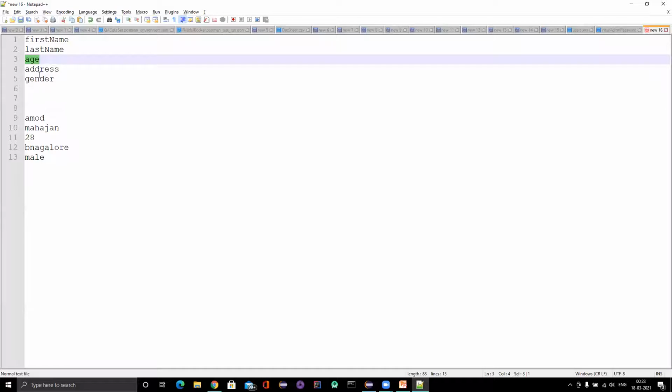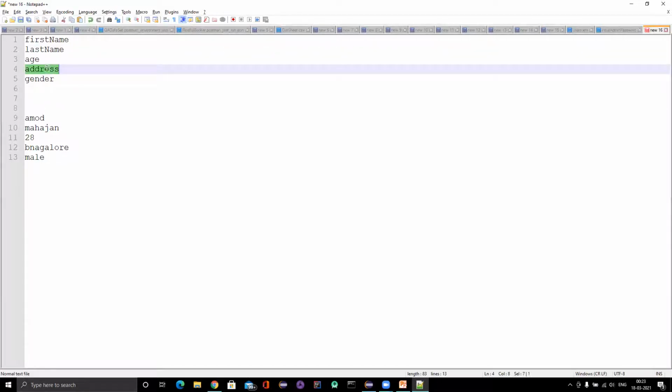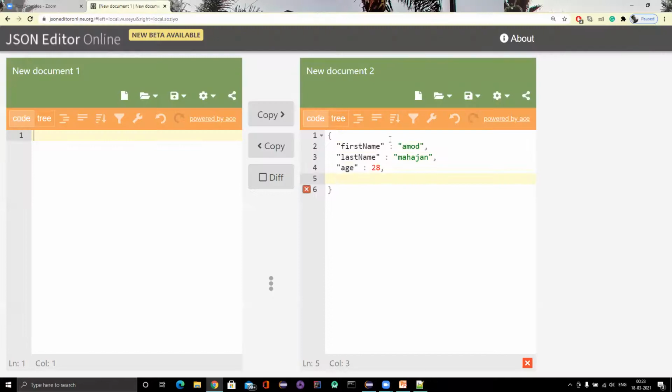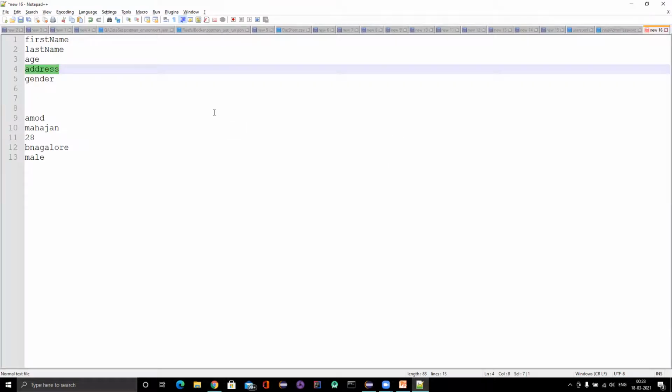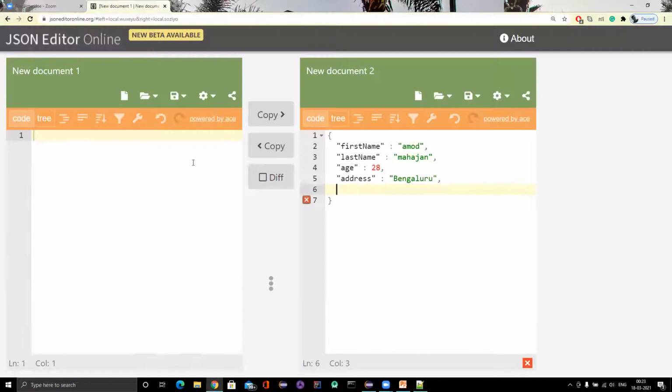Now let me go for address. Address will follow a similar pattern as first name and last name, and let me add some value here: Bangalore. Now suppose I want to store the salary also. Salary will be the key, and salary may be a decimal, suppose 10.50.